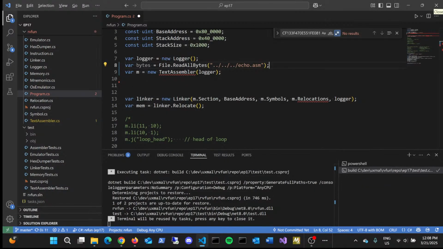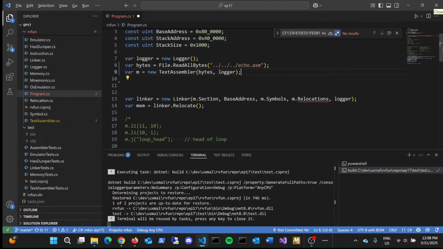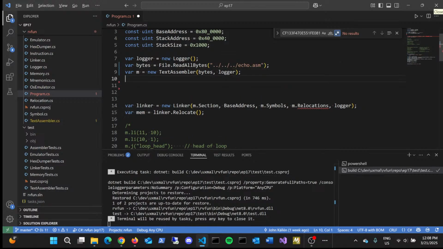Now, having read all the bytes, we can now feed them into the assembler. There we go. Now we have an assembler. Now we're going to ask it, please assemble the whole file. And if you recall, this will return a section, an assembler section, if everything went well, and a null if there was an error encountered during the assembly. So we'll hang on to this,